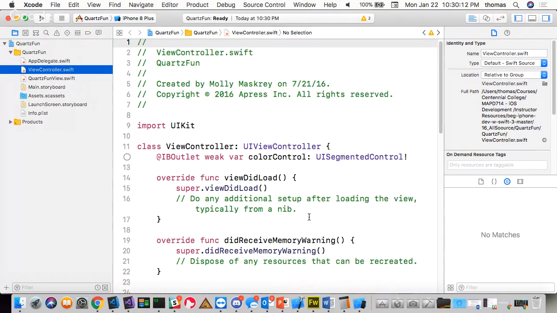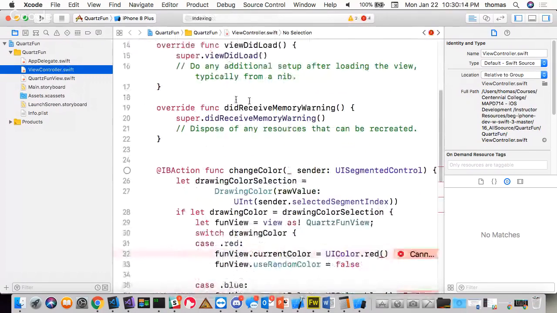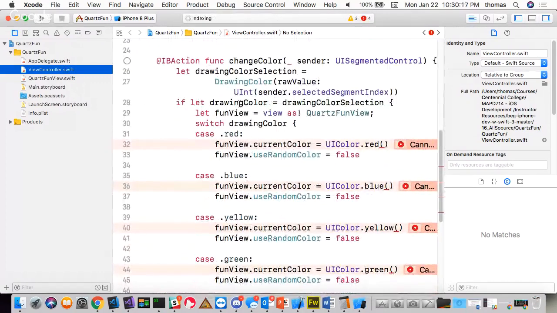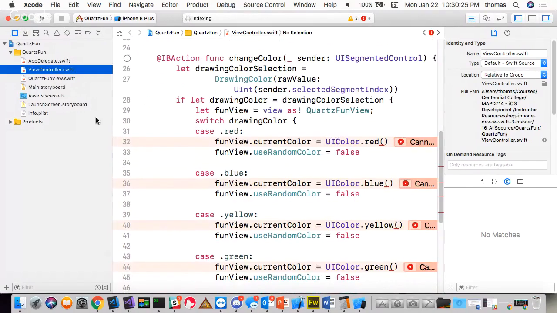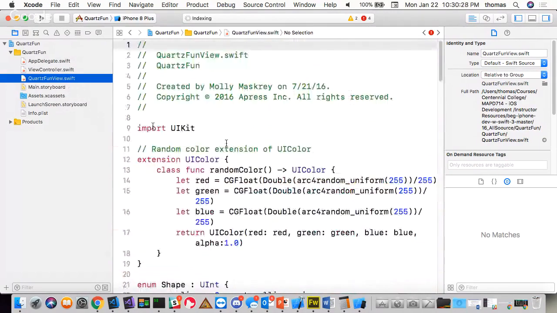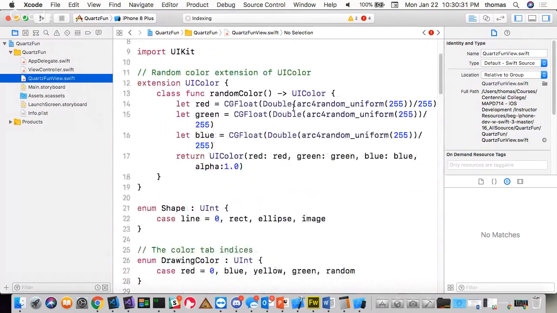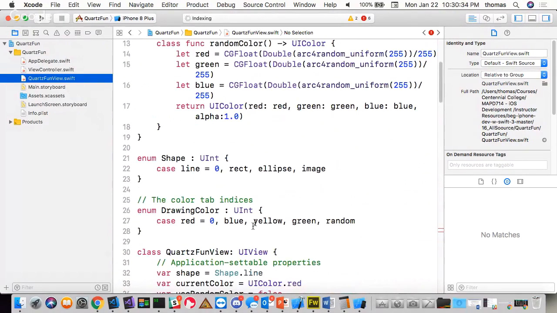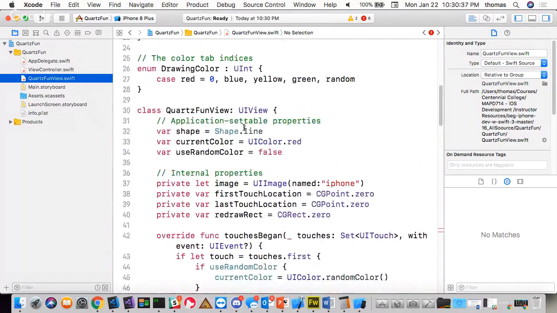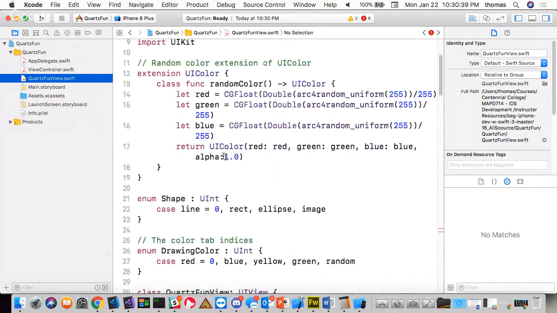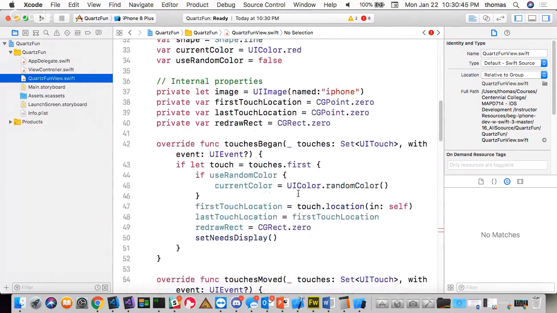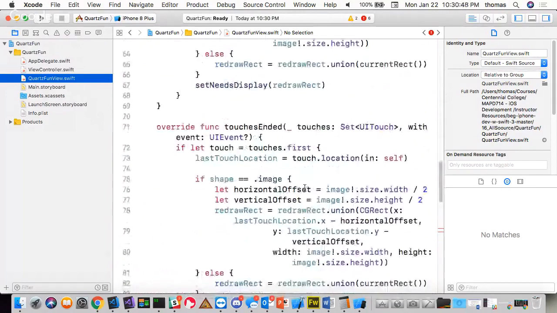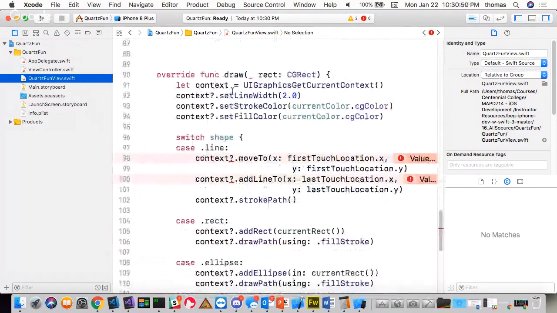Yeah, so I have this, my view controller, and I create an IB action for changing the color based on me pressing the button, which is totally cool. It's got lots of errors because it's old Swift, but in the Quartz view application, I have this random color that they tried to create, shape and a drawing color, and then a new class. So a couple of things here. We have an extension that we put inside here. Here's my Quartz view fun, my UI view. Just began, which I don't care about right now in our context, or end, and then there's a draw function,